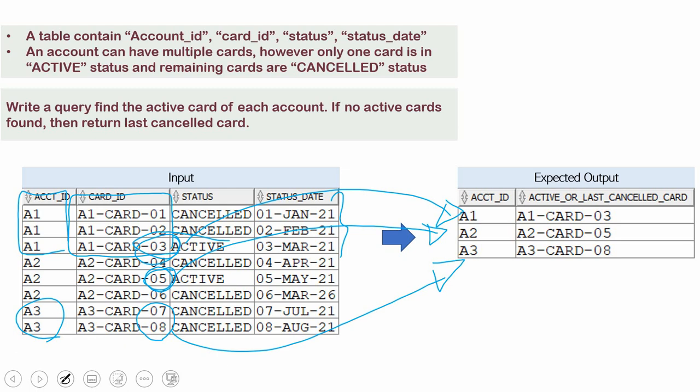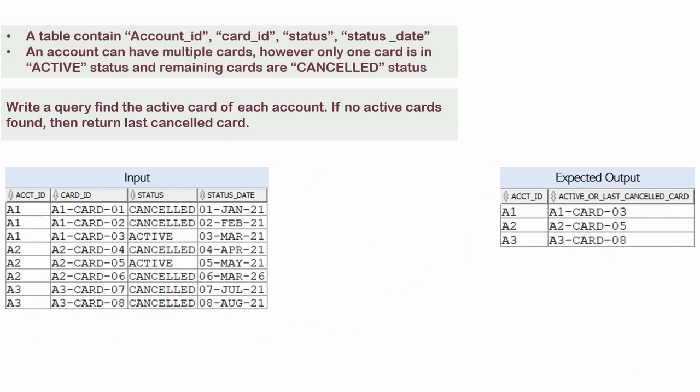So this is the expectation. First let me show you what is the logic I am going to follow. In fact, you can try different logics altogether. That's what I will always say: whenever we get a problem in SQL, we can always try to implement the same problem with different logics and different ways of implementation. That is one of the best ways to learn the SQL language.